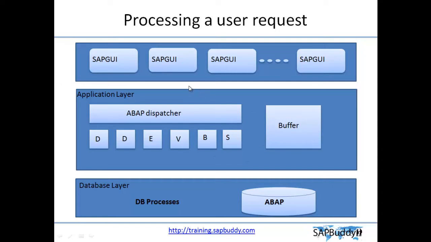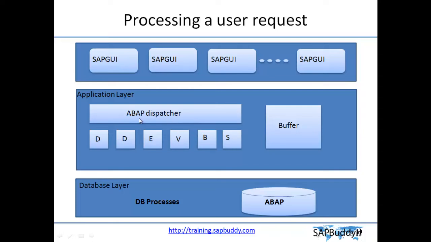So let's take a typical example. When a user logs into your SAP system, for example using SAP GUI, that request is directly sent to the SAP ABAP dispatcher in the application layer, that is in your SAP application instance. So the ABAP dispatcher will take all the requests, then on a first in first out basis, it will assign the specific